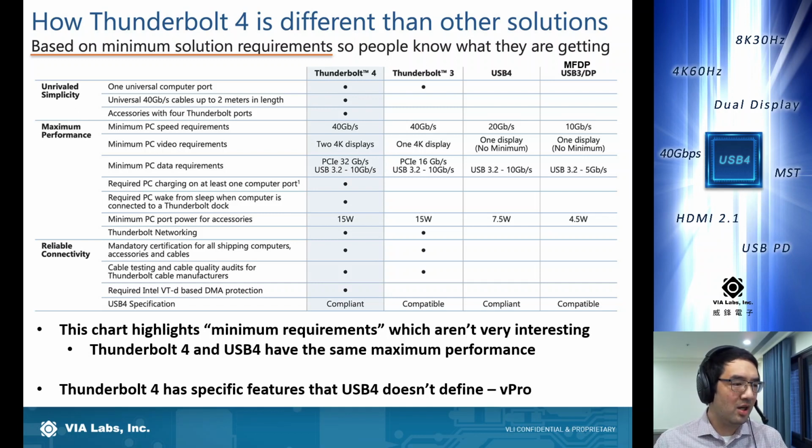But a lot of these minimum requirements aren't necessarily super interesting because we actually have the ability to do it in USB 4. It's really just implementation specific. There are things, however, in Thunderbolt 4 that aren't necessarily well defined in USB 4. So for example, Thunderbolt networking and also vPro or active management technology, AMT. So when we start looking at the market segmentation of Thunderbolt 4 and USB 4, we think these are some of the areas basically where Thunderbolt has its own island, so to speak.